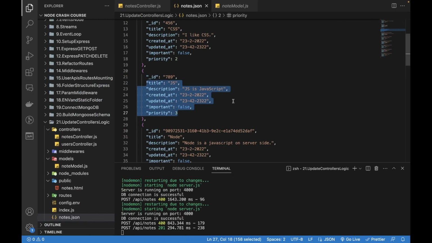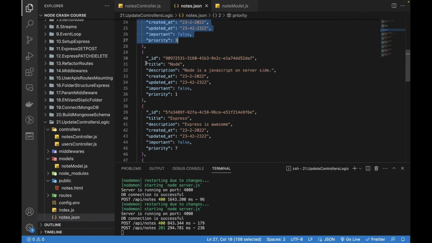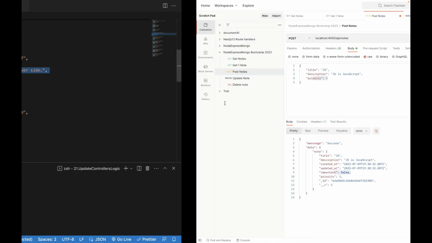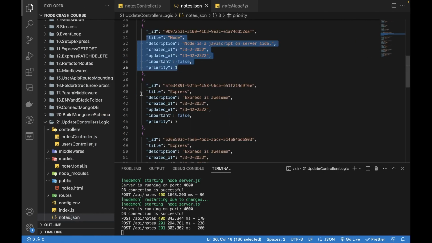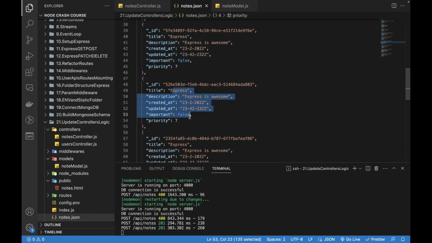So we have added JS. Let's try to add this node as well. Copy, paste this. It's sent, node is added,